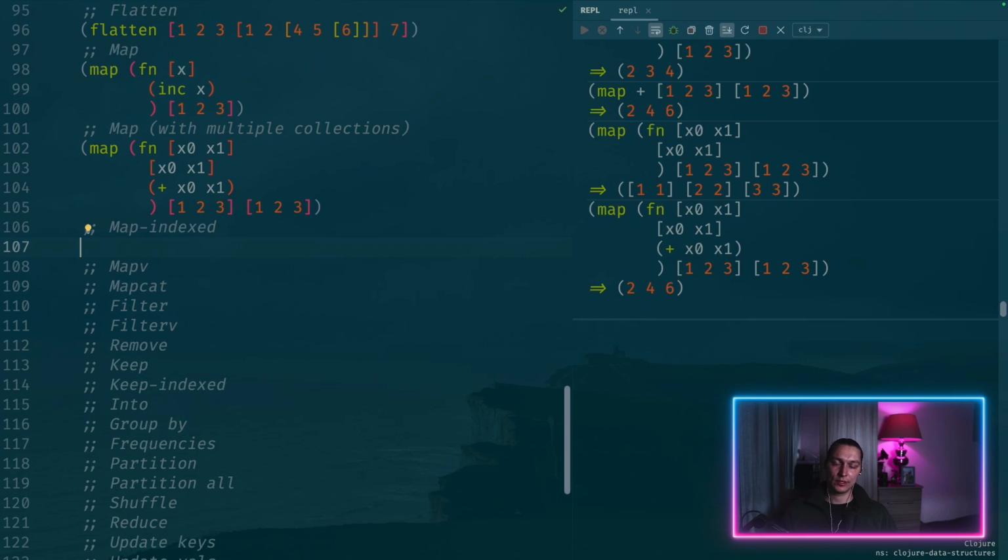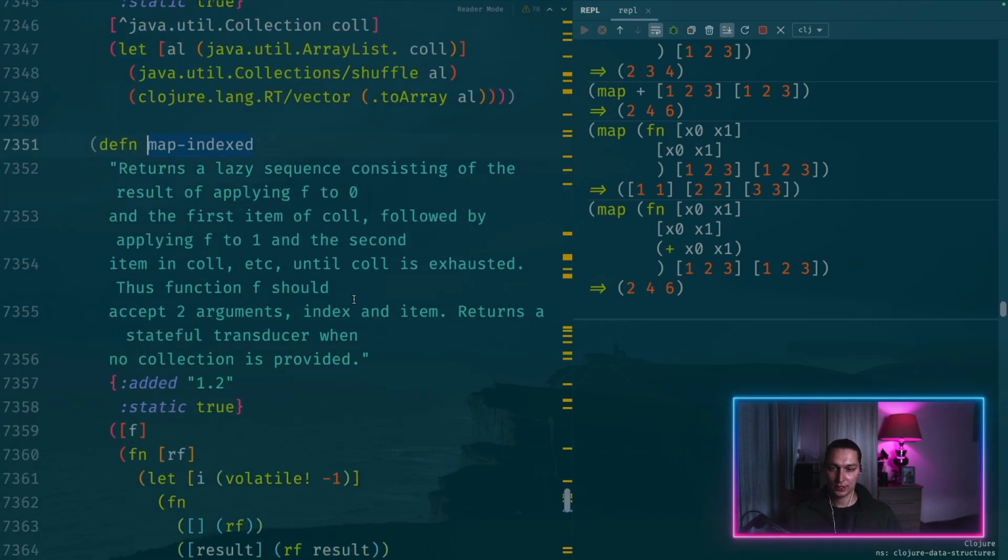If just mapping over elements is not what you want, and you want to have access to the index, you can use map-indexed. So in that case, let's say we have the same simple collection 1, 2, 3, and the function now will accept two arguments. The first one will be the index, that will be provided by this map-indexed function. You can actually go to the docs and check that it says,